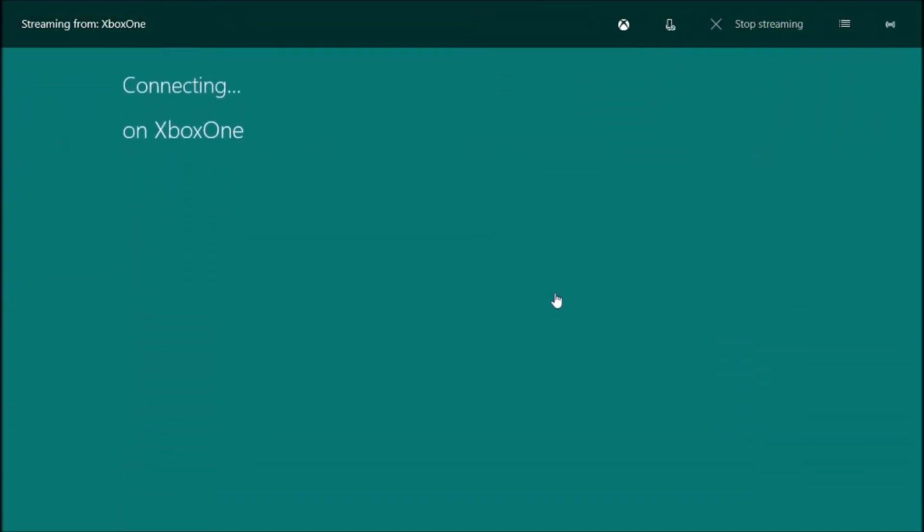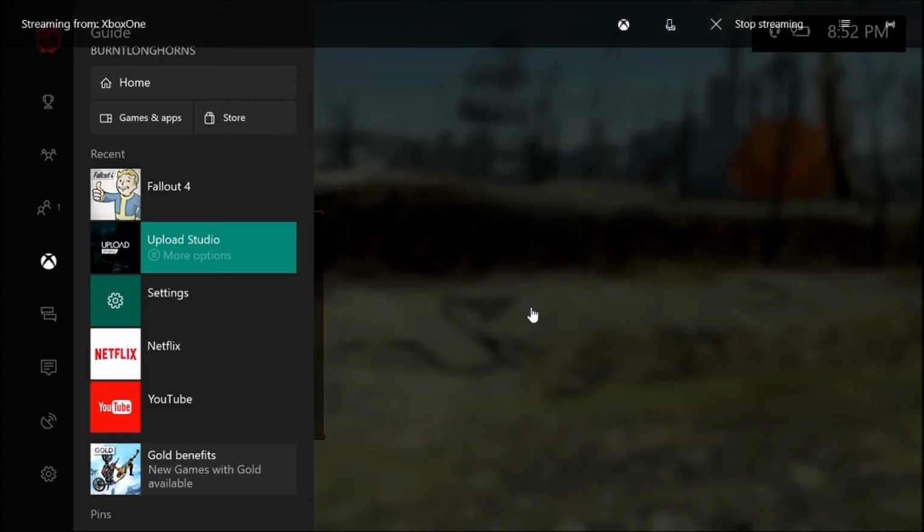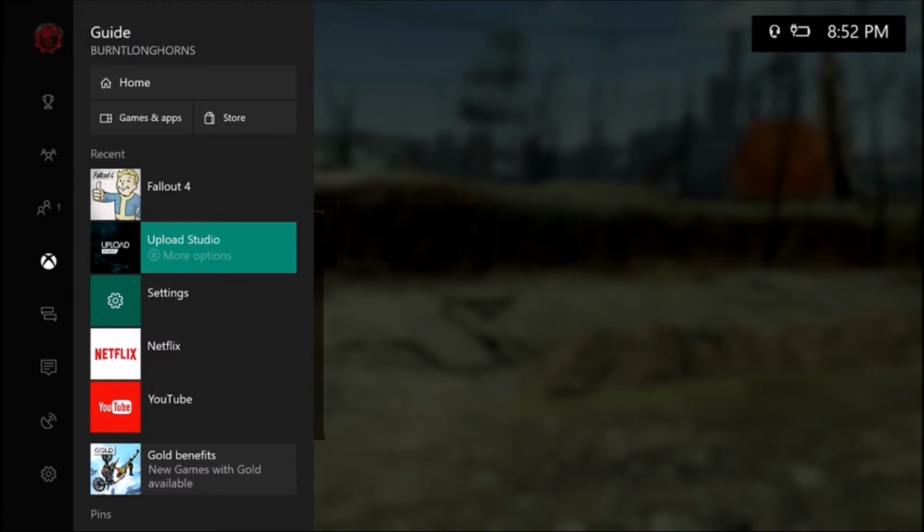And it'll say connecting on Xbox One. And of course it'll say there are no controllers. Don't worry about that, just hit continue. Now, this is actually showing my Xbox. And once you do that,